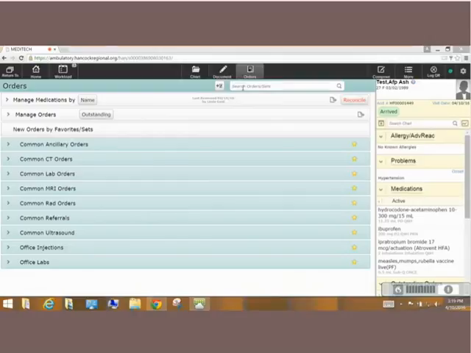Now here, the search box, search orders and sets. You're going to use that anytime you order a diagnostic, you order a lab, any point of care, so even immunizations and even a medication you're going to administer in the office, all gets ordered under that search orders / sets